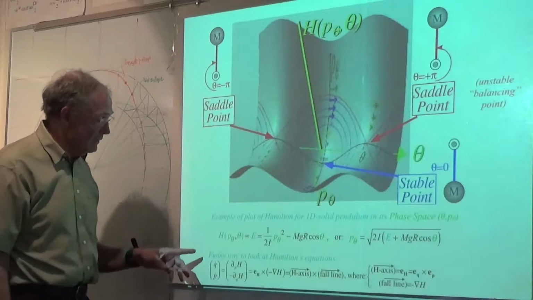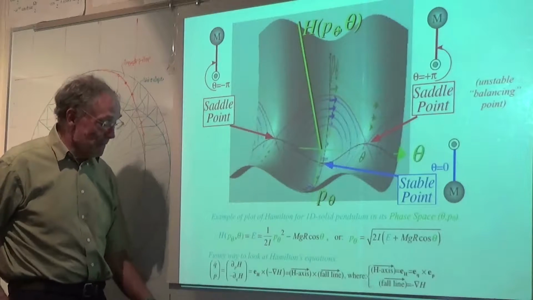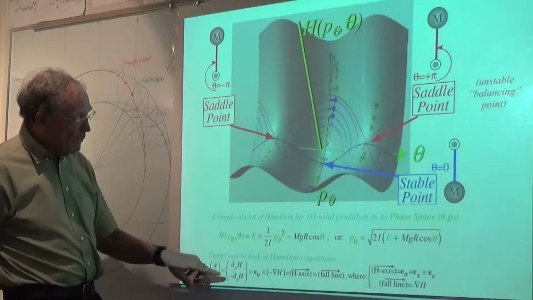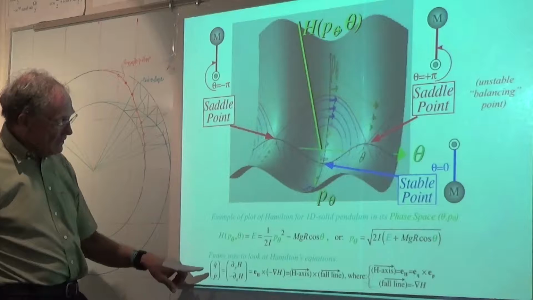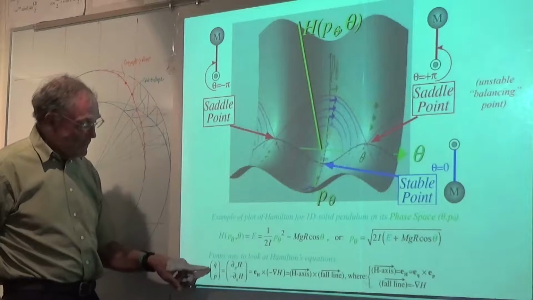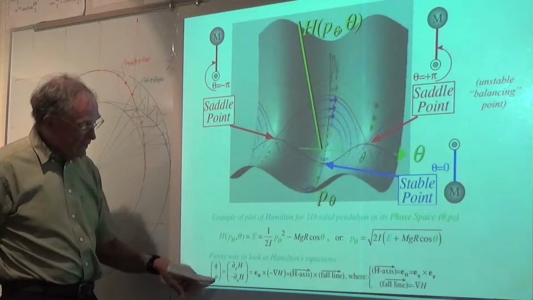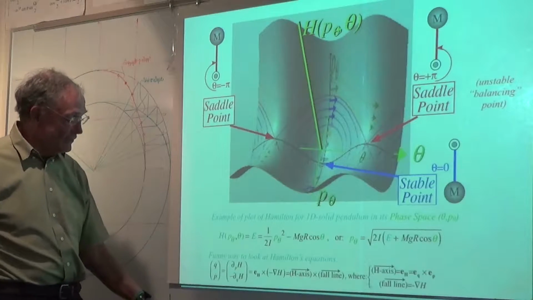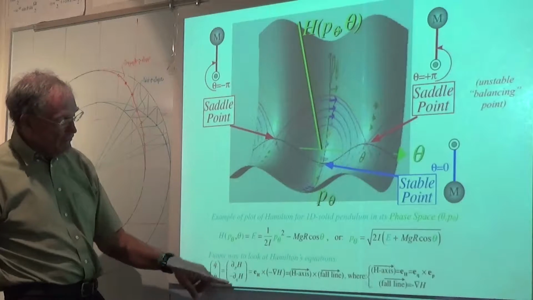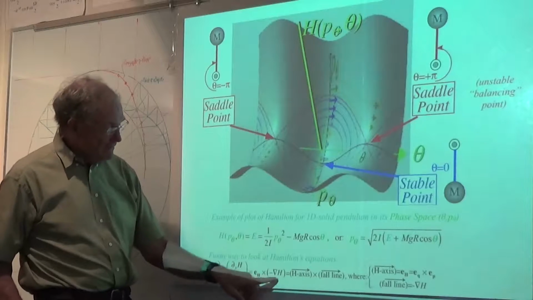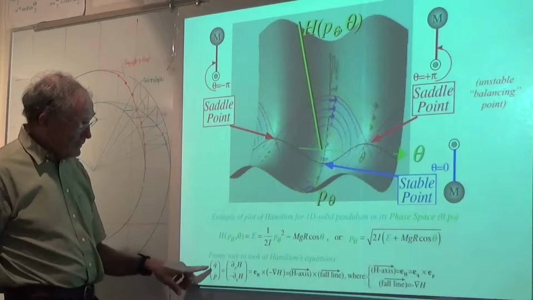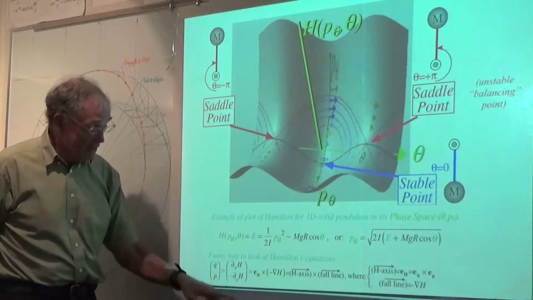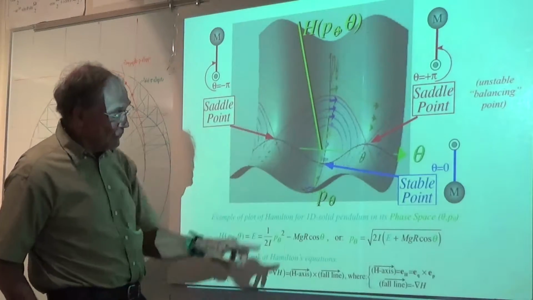So it's being done here. It's a funny way to look at Hamilton's equations. Remember, the velocity is equal to the partial with respect to momentum, the slope in the momentum space of h, and that's the q dot, theta dot, if you will, and then p dot, that's p theta dot. The momentum dot is minus the partial derivative of the Hamiltonian with respect to the coordinate, in this case theta. Okay, so that little pair of equations can be written as a cross product of the gradient of the Hamiltonian. Now the gradient involves q and p, that is, the coordinate theta and the p. So they're sort of the x and the y in this thing,